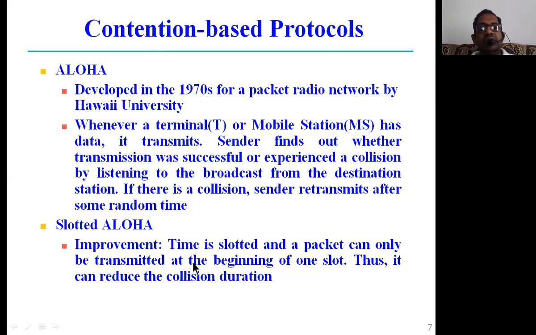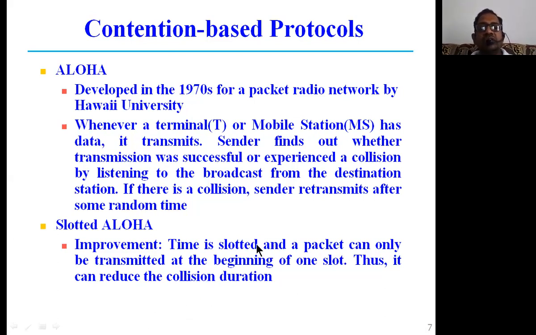That means the data being transmitted from terminal 1 to terminal 2 is chopped in terms of time into small chunks of data, and these chunks are transmitted. At the beginning of each and every time slot, it will check for the happening of collision. Thereby it simply avoids the collision, which is done in the case of the slotted Aloha protocol.